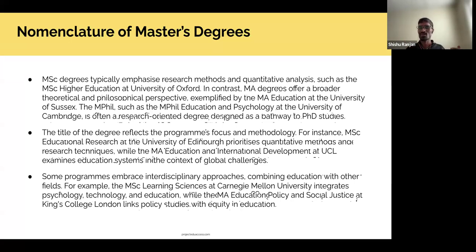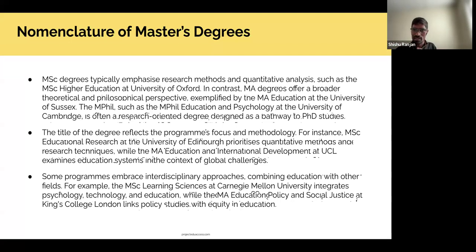It also depends on the universities, what kind of approach they are taking. If they are taking a more scientific approach in social sciences, focusing on research with a very sophisticated research approach, then it may be MSc. But don't get into the nomenclature of all these things. You just need to see what they are providing in the modules and things like that.